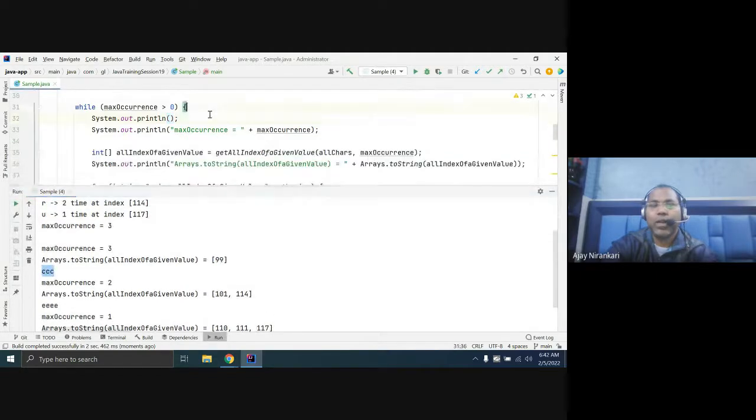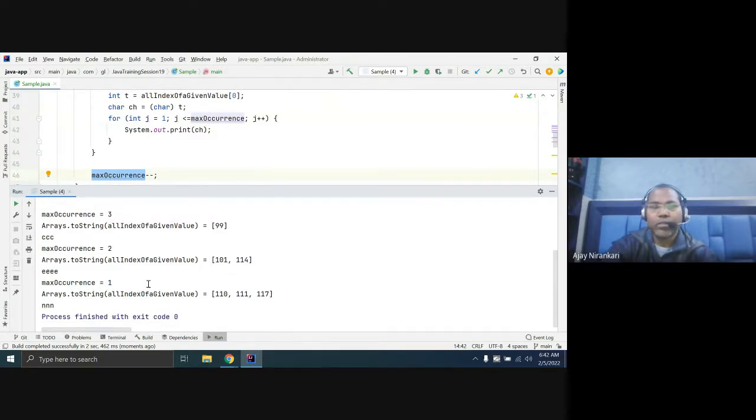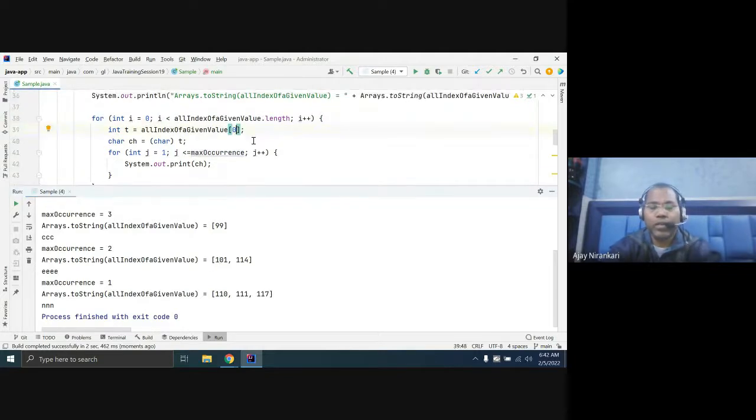right? And now once done, you decrease the occurrence to 2. Now it is 2. So for 2 we are getting 2 indexes. 2 indexes we have to print 2. Okay, this should be I, not the 0. 0 position means this is the only one. We have to print here I. So that is how we get each number.